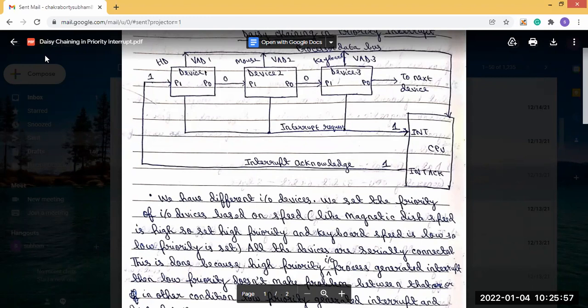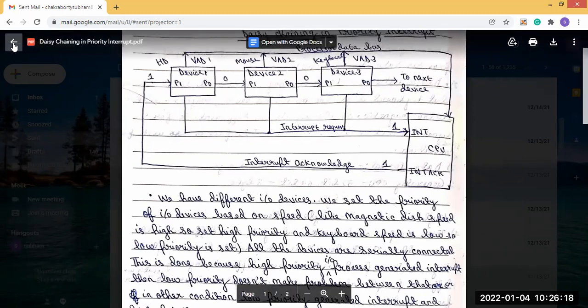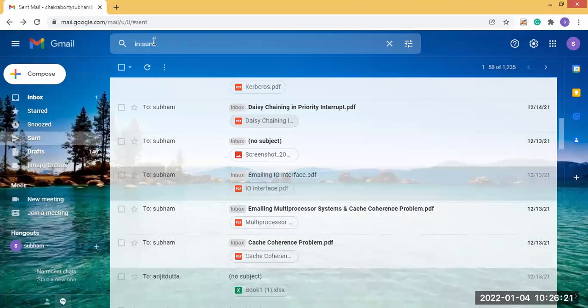The serial priority interrupt we call the daisy chaining. The parallel priority interrupt doesn't have a subname, because for executing the serial priority interrupt we use the daisy chaining method. This formation we call the daisy chaining.